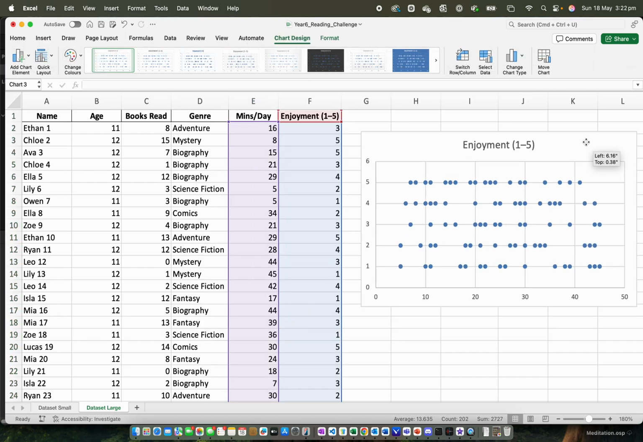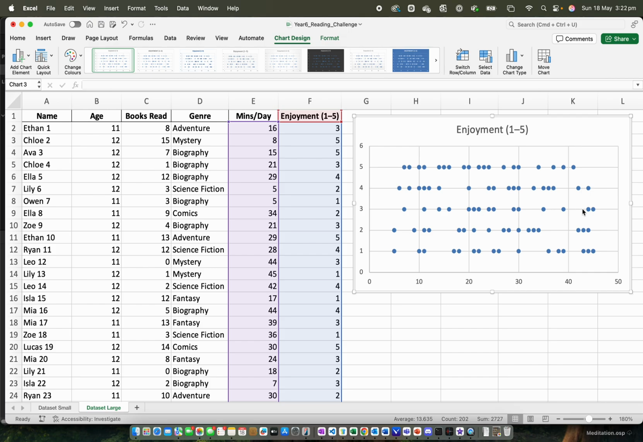And we start to see there's a lot less of a correlation when I have more data. There's really no strong correlation when I'm looking at this larger data set. So I guess maybe there's more students who read because they feel like they have to rather than that they enjoy it. It's a lot more kind of all over the place. So that is a scatter plot and how you can create